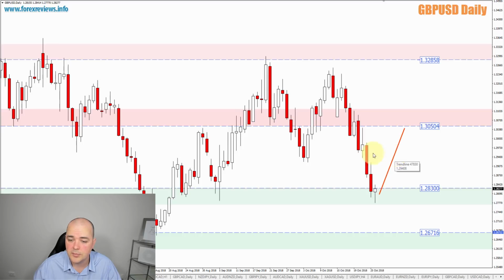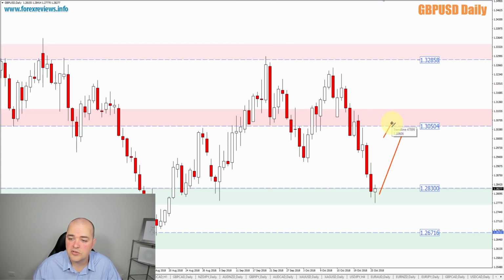Potentially move all the way up to this previous low, or potentially move all the way up to the 130.50 zone area. Now I would also like to mention the 130.50 zone area as also another area on this market in this week's review. And in the case of the 130.50 zone area, this is an area to the upside